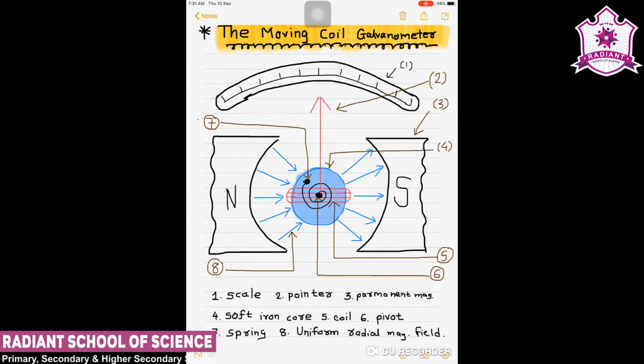Now it also shows the direction of the current. Suppose the current is moving from left to right, then it also provides the magnetic field, and the pointer will move towards the right, or from north to south. If current is flowing from south to north, then the pointer will also move in the respective direction. So we can detect the current as well as find the direction of the current with the help of the galvanometer. These are the basic usages of the galvanometer.